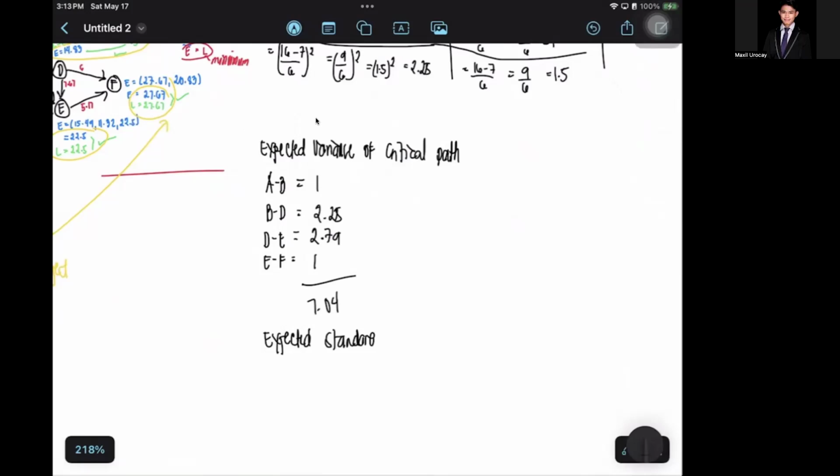So the expected standard deviation of the critical path